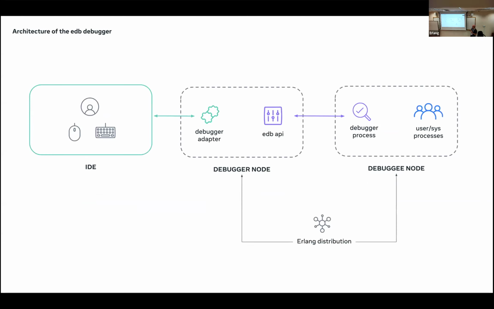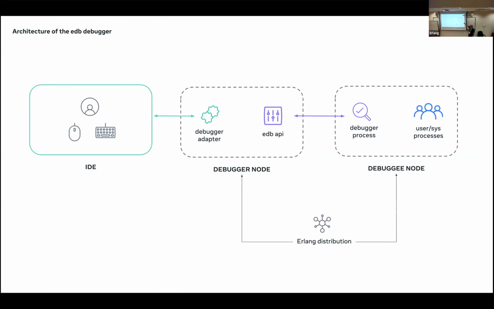So the rough architecture is something like this. The user is using their IDE, say VS Code. They launch a new debugging session. This creates a new node, which we call the debugger node. This thing is talking through this adapter protocol with VS Code to decide, like, we set a breakpoint, or get some variables, whatnot. And right now it also connects via Erlang distribution to the node that it's actually going to